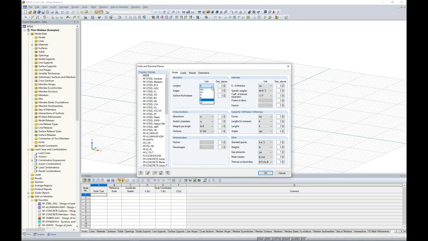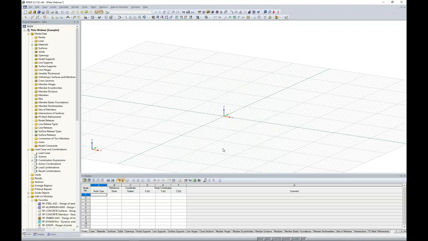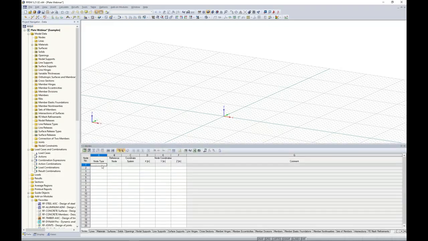Now, for my lengths, I want to give this an adjustment to inches instead, and I'm going to change this to 2 decimal places. So rather than the default of feet, we'll use inches for today's example, and I click OK. So now when we want to go in and type in our coordinates for our nodes directly in the